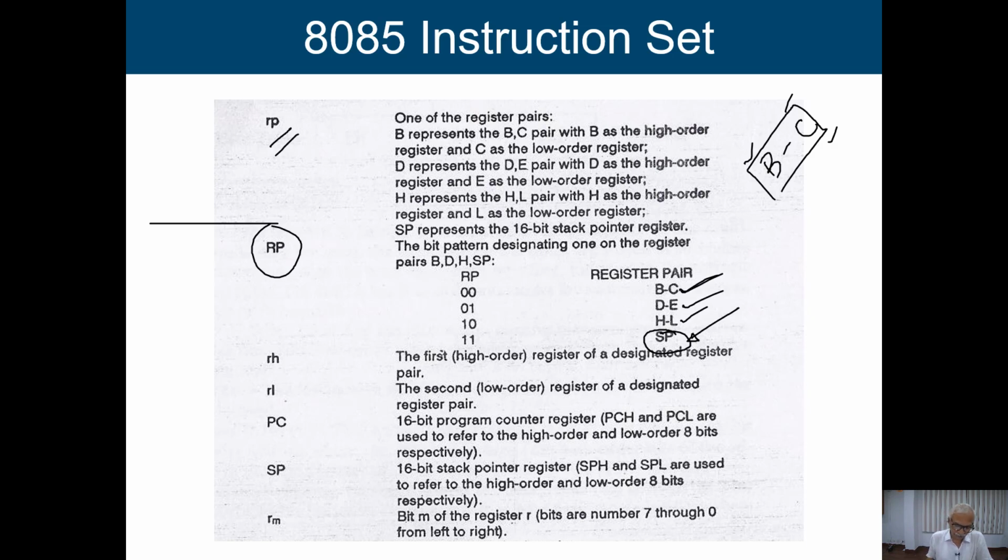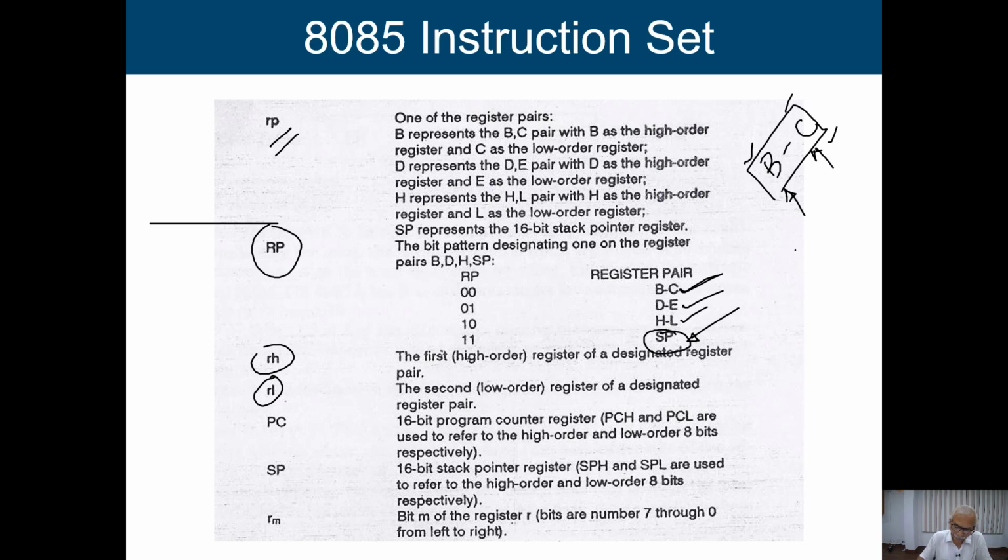So again, if I write RH, this is the higher byte of my register pair, and RL basically indicates the lower byte of my register pair. Sometimes we simply write it like this. B is the higher byte of the register pair and C is the lower byte of the register pair.